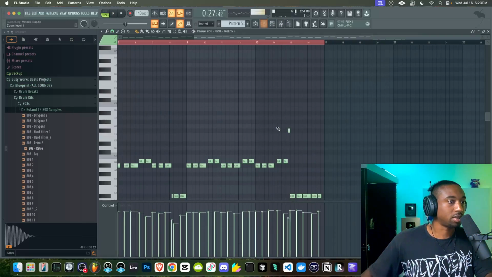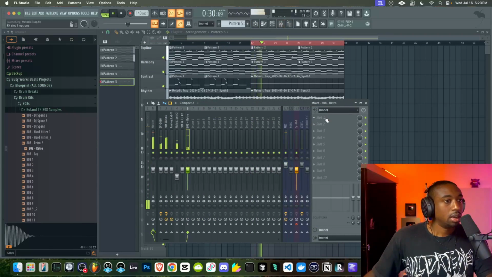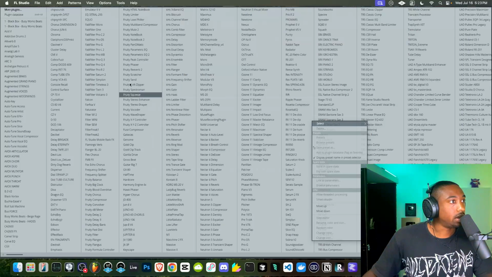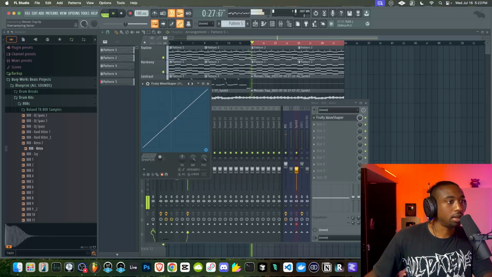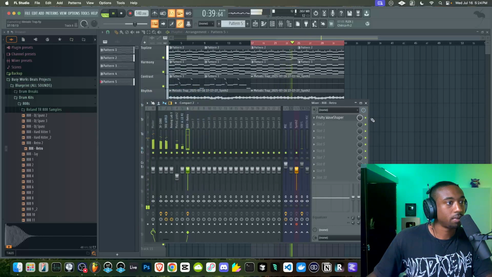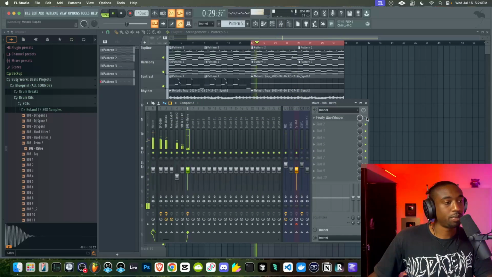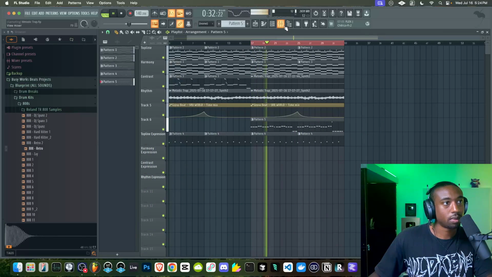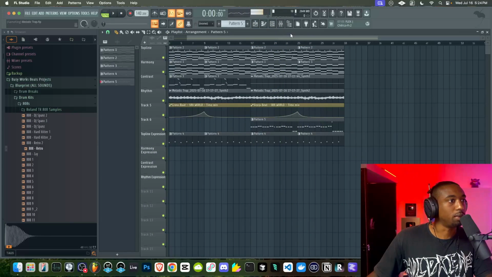But we got to be careful as sound designers not to produce for the producer because it takes away the whole point. I do like the sound though. Debating if I want to distort the sound. Let's run it through Fruity Wave Shaper just to see if a distorted sound would sound good on this sound. It does add more knock to the sound. Let's run this all the way back.